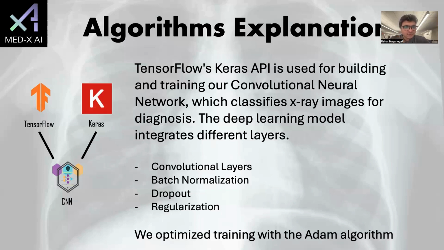Another layer which we have included is dropout, which is an essential component, strategically dropping out some neurons during our training, which helps us prevent the model from becoming too reliant or learning too much on the training data, which is also called overfitting. So this reduces the overfitting. And regularization plays a crucial role in controlling the complexity of a model. It helps prevent our model becoming too intricate, right? Which could lead to poor generalization on unseen data,